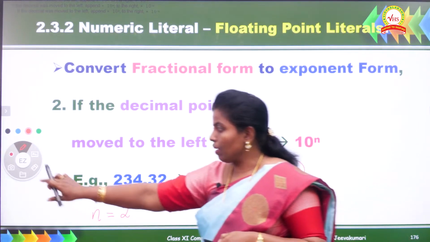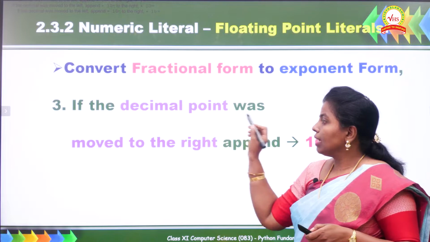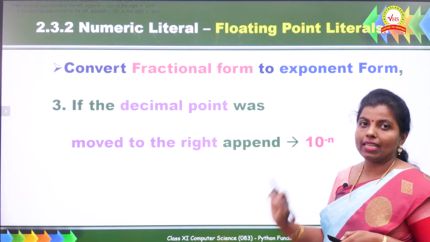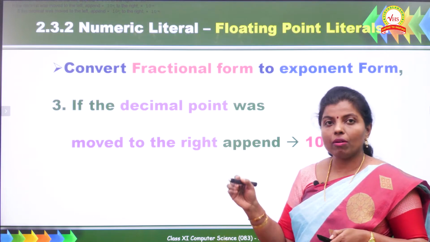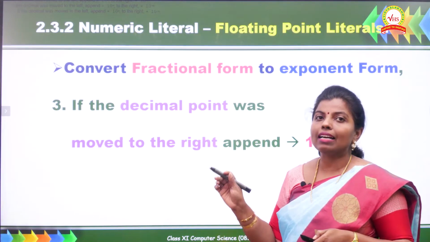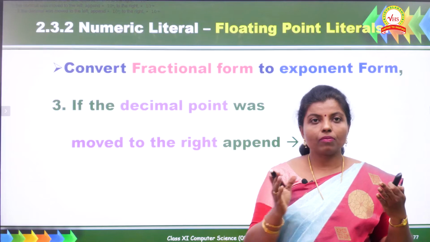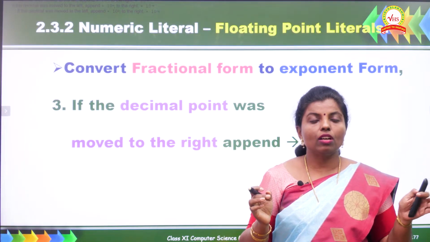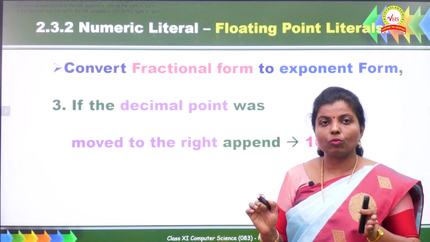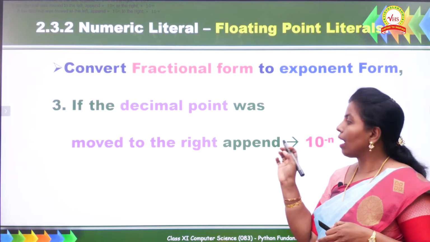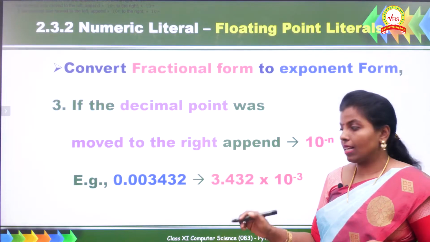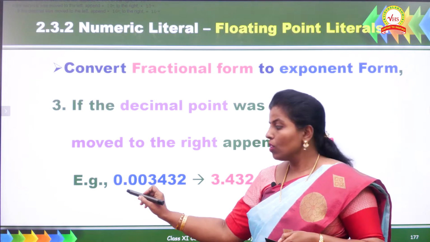In the same way, if the decimal point is moved to the right, append 10 power minus n. Suppose I move the decimal point towards the right direction, to me this will be the left direction, right. So, if the decimal point is moved towards the right direction, I have to append 10 power minus n. So, let us see the example here. This is a given number